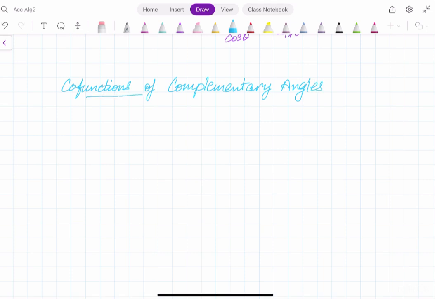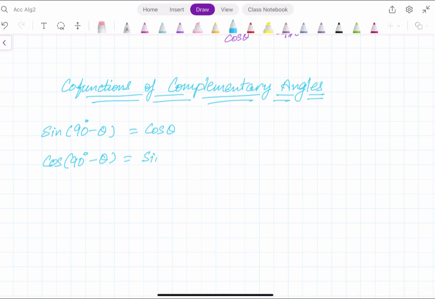Now, what does that imply? If you remember, in geometry, we discussed that the complementary of sine is cos, the complementary of cos is sine, and the same thing goes with tangent and cotangent, cosecant and secant. So basically sine of the angle 90 degrees minus theta will be cos theta, cos of 90 minus theta will be sine theta,